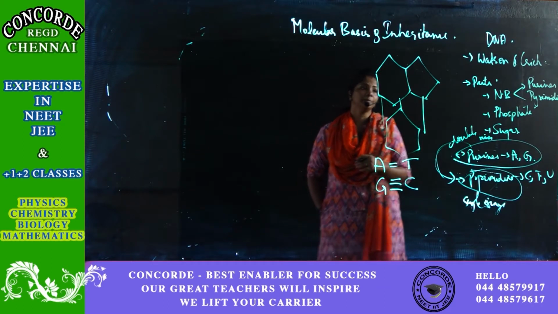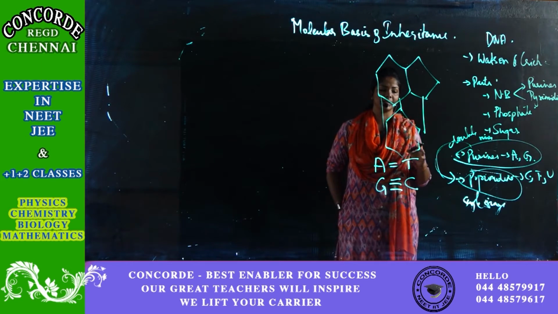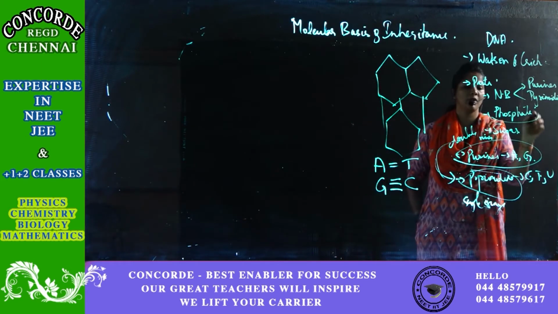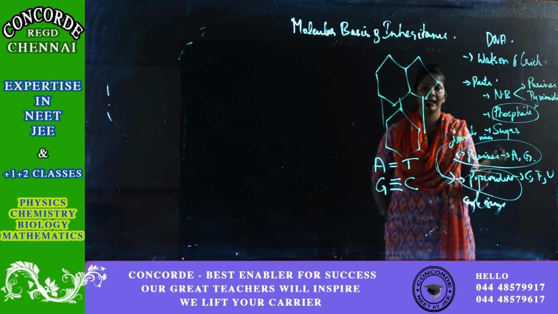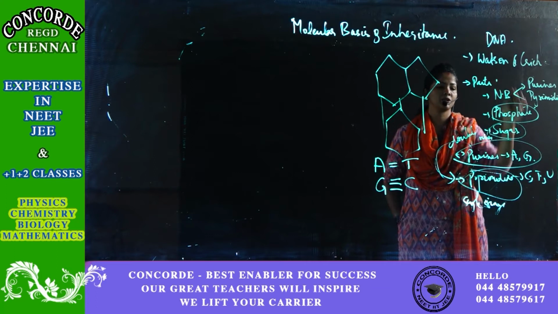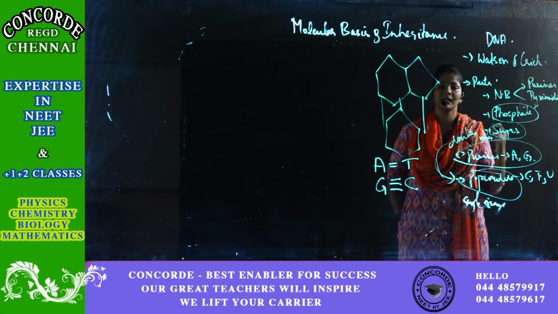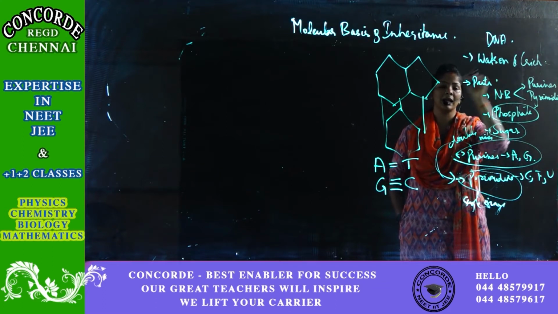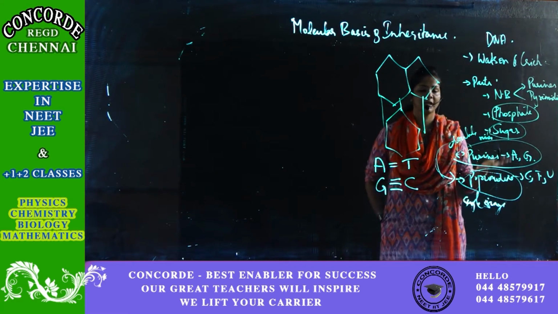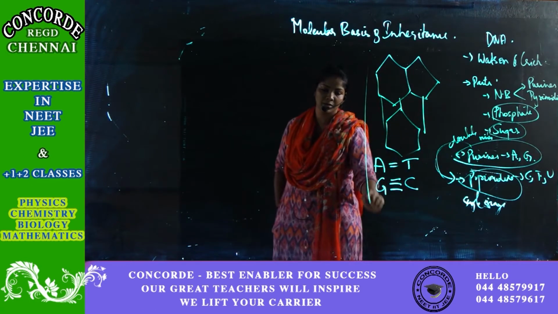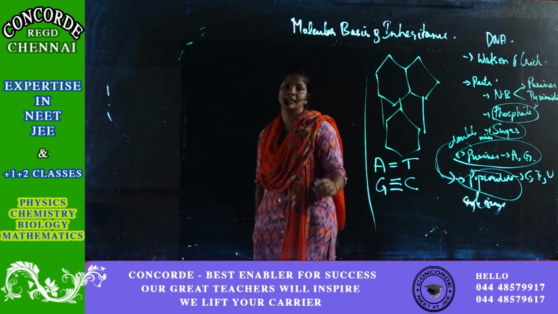One more thing, the phosphate forms the backbone of your DNA structure. And just because this is DNA, the sugar present here is deoxyribose, whereas in RNA the sugar is ribose. With that in mind, I'm just going to show you how the bondings are going to happen.